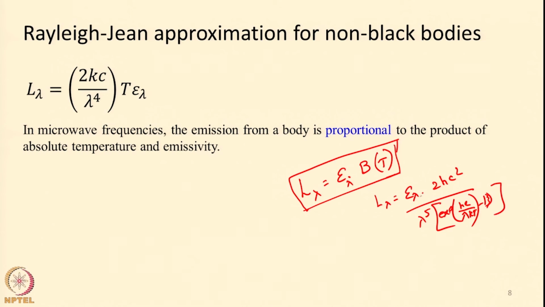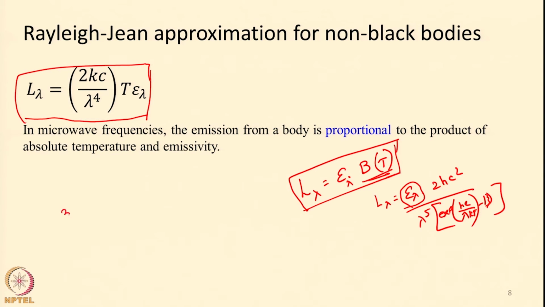Right, something like this we would have calculated. We would have just multiplied the Planck's equation with respect to spectral emissivity. Same thing we will do here, even in this particular wavelength we will multiply the Planck's equation with spectral emissivity. However, here we will use the Rayleigh-Jean approximation, because in microwave wavelengths, especially for features of Earth surface, when the